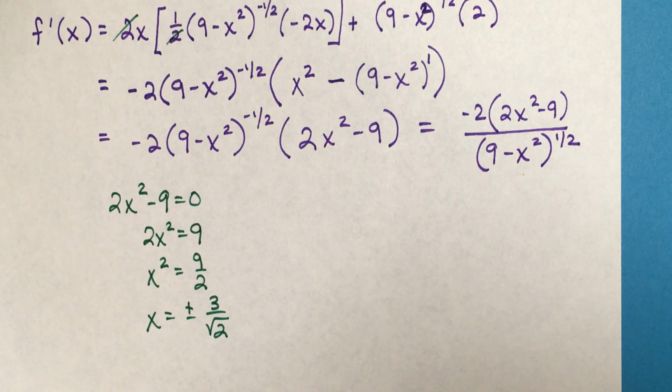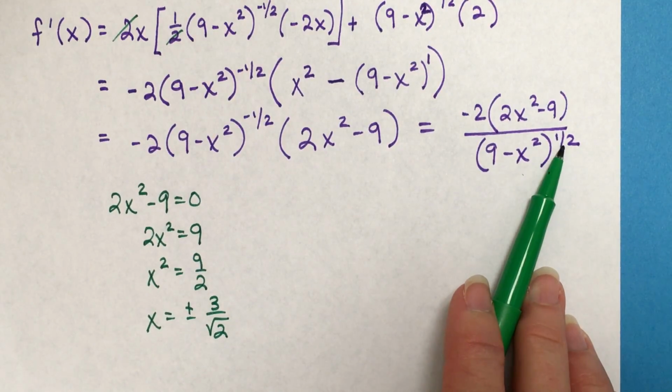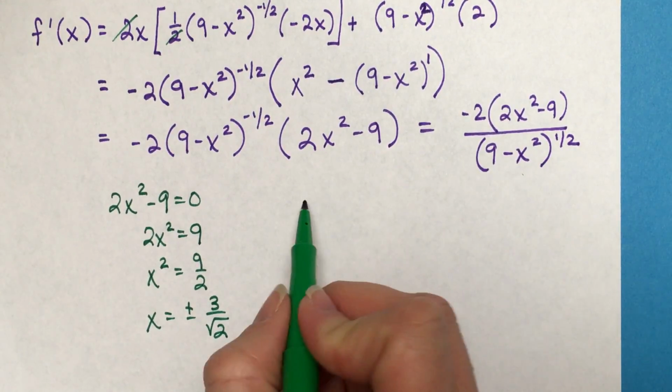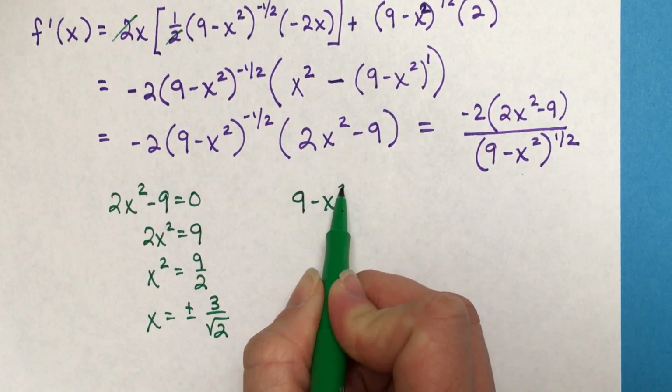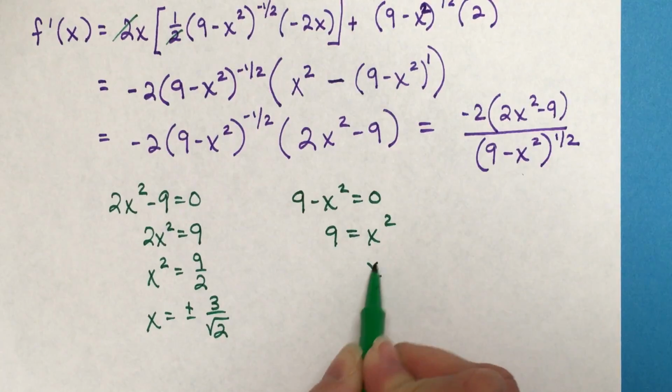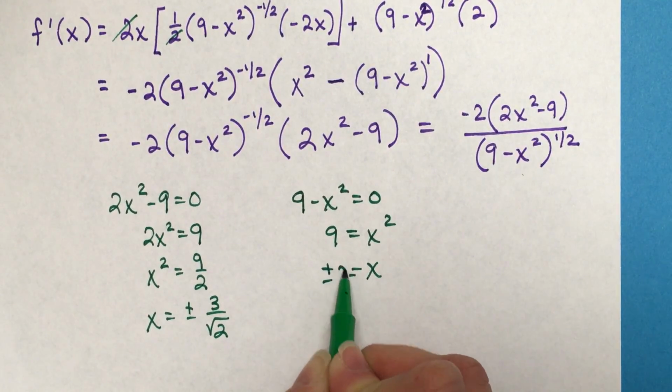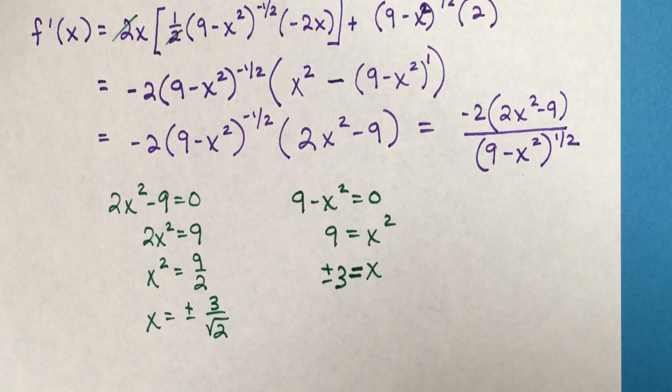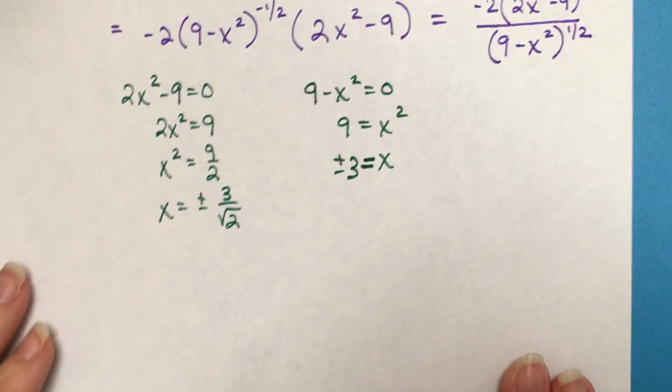Okay, then setting your denominator equal to 0, and again, you can ignore the 1/2. That's not going to affect it. So 9 minus x squared. So therefore, that'd be 9 is equal to x squared, so x is equal to plus or minus 3. Okay, so when you go to do your number line, or your sign graph,